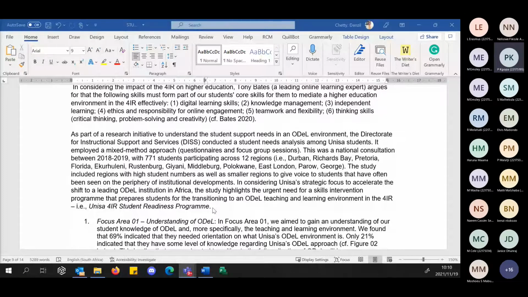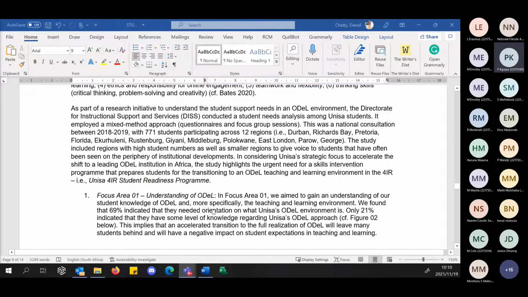So even, for example, in George, Parow, those are areas that when we think of our major discourse, we only focus on the cities, the mainland. We don't think of these periphery areas that we have students in, but that still informs our discourse and our strategies within the institution. So here we had the opportunity of visiting these students, 771 students, and capturing some of their challenges in a higher education institution like UNISA, but focused on some of the critical challenges that we could highlight that are applicable to our entire South African context, right?